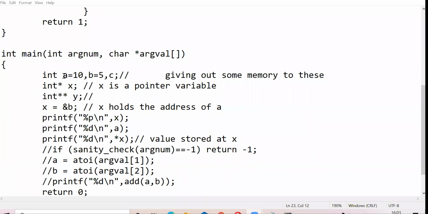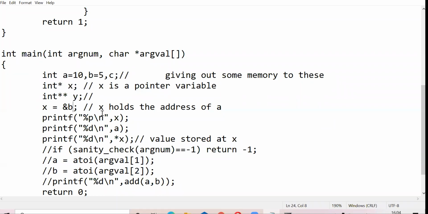So what we have just done here, we know that A and B were simple integer type variables. Then we made a pointer which holds the address of these variables. Now, since I have declared a pointer type of variable here, X, any variable which you create in your C program must be allocated a memory in your system. So definitely this X here is also having some memory in your system. Assume that now I want to see the address of X.